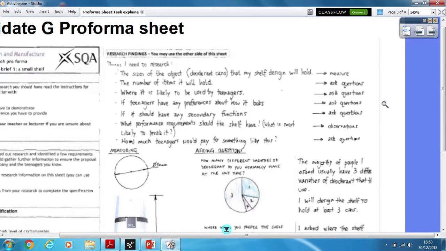So let's just look at the research method. We've got measure, ask questions, ask questions, ask questions, ask questions, observations, and ask questions. Now these ask questions, basically that is a questionnaire. So one method that this candidate has definitely decided to use is a questionnaire to address these issues. The other 2 methods that the candidate is going to use in the research is